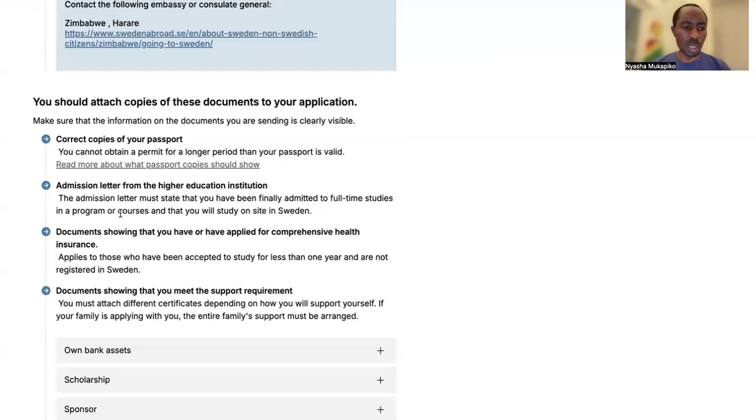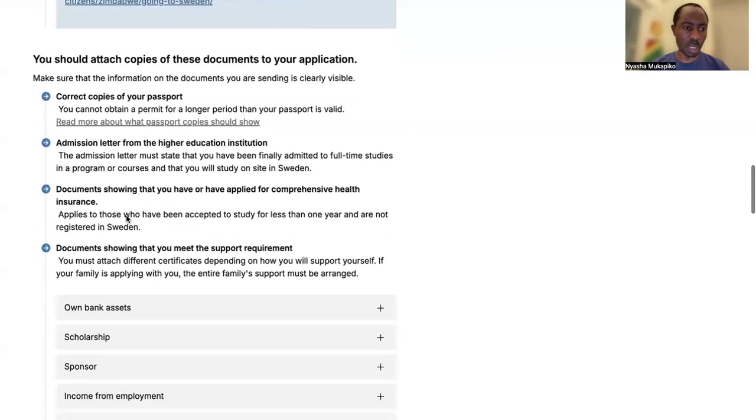You simply log into your university admission account, and you'll be able to download the notification of results in PDF form, which you upload on the migration agency website.